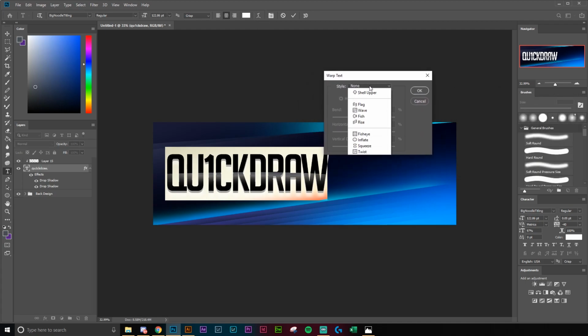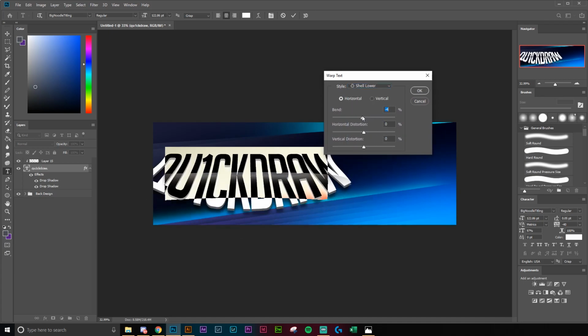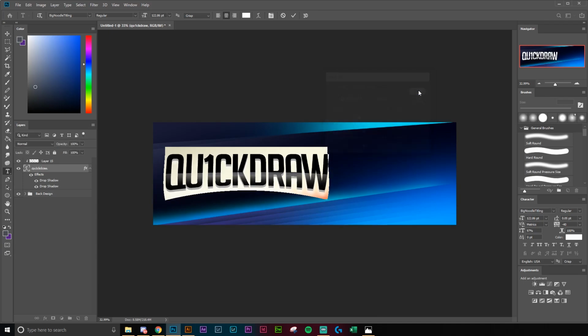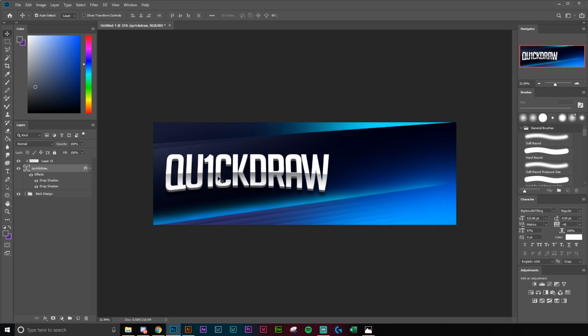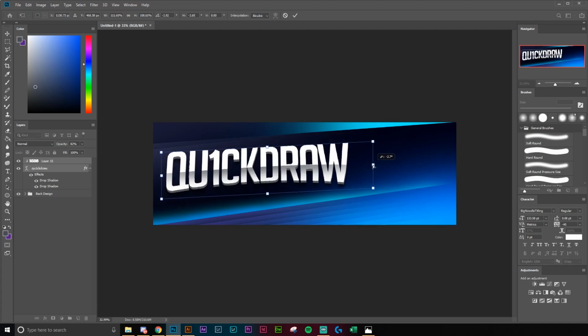We're going to grab this and we're going to select shell lower. We're going to bring this to -15, hit OK, deselect. Now we're going to grab our text and our shadow, make sure you grab both, hit Control T on our keyboard, holding the control key and having your selection arrow out, we're going to click on the top point, raise it up on an angle, and we're going to make our text a bit bigger,